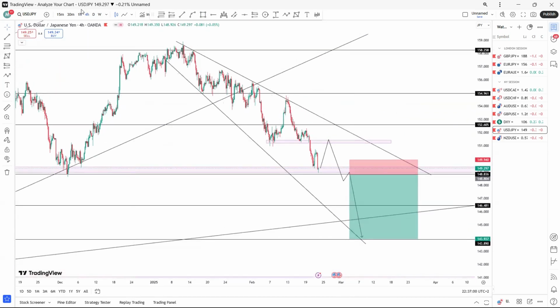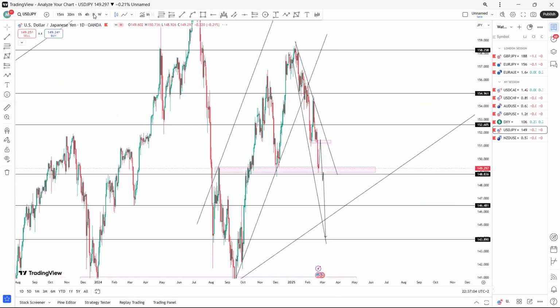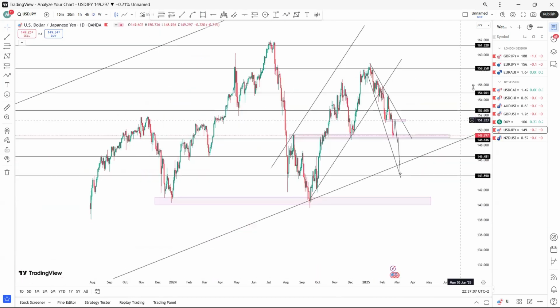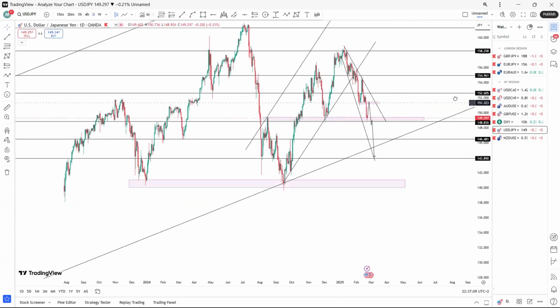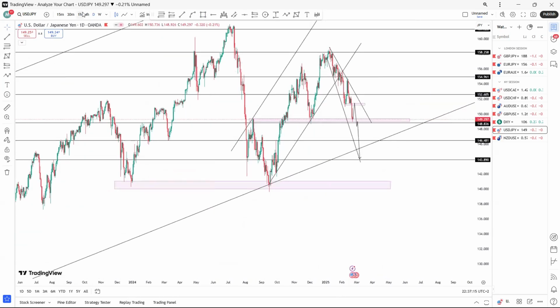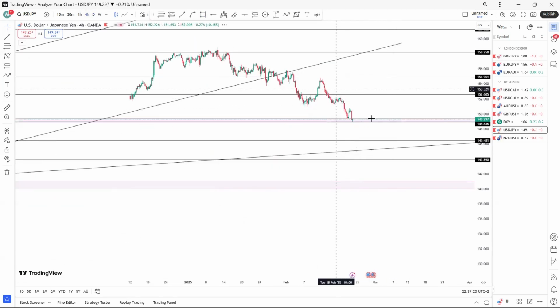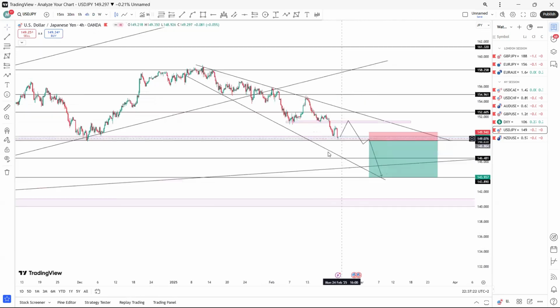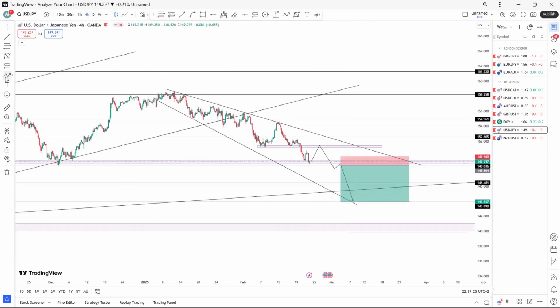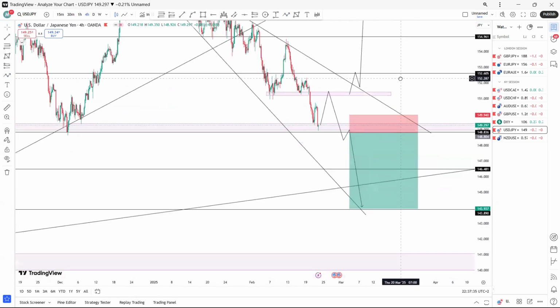Yes. Considering the way I'm seeing JPY, I'm not really sure about the way you might be seeing it from your view. Because we're in a bullish trend, this is a strong zone over here. So should the market respect that area, we can be looking for possible buys after a breakout retest of this structure, then go back to the overall direction. But right now I'm bearish on JPY